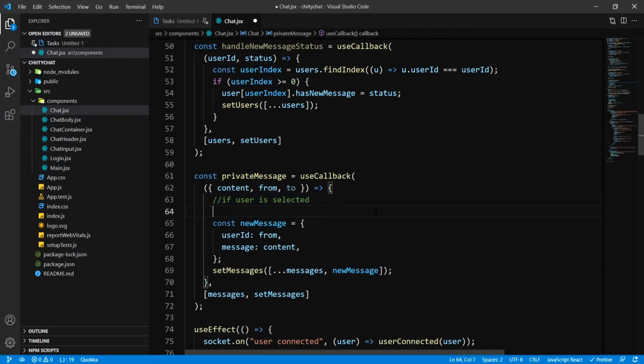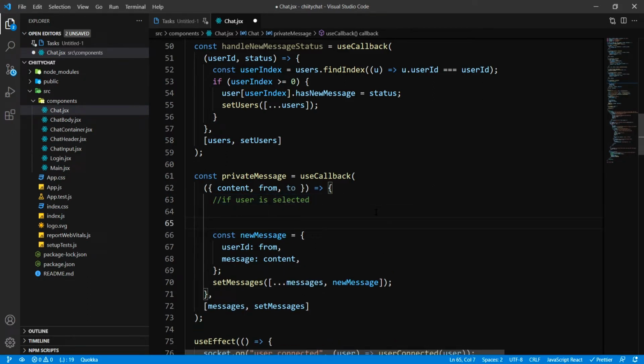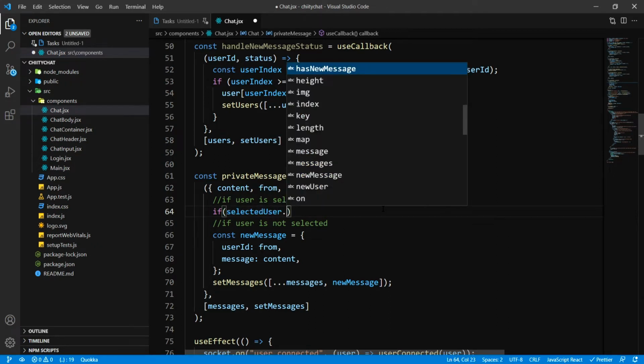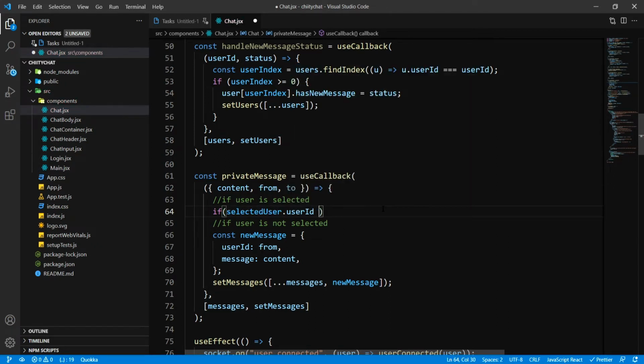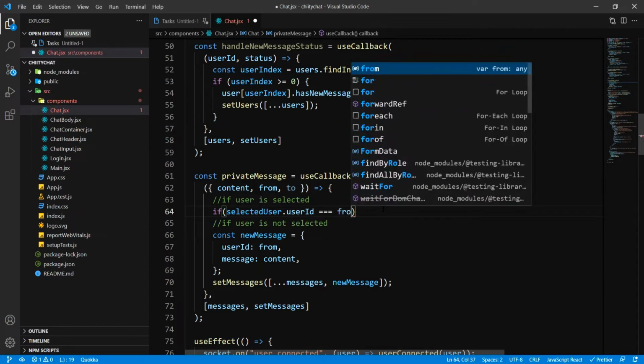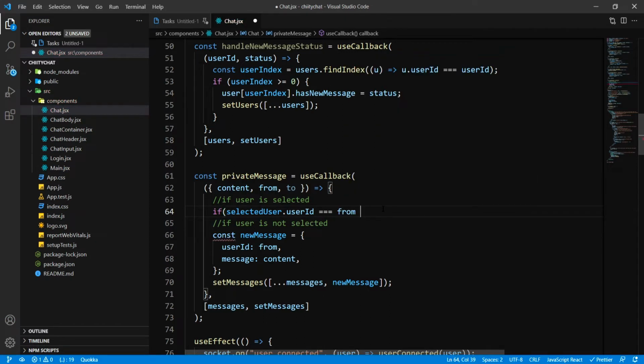And if user is selected and if user is not selected, so here I'm going to write if selectedUser.userID equals from. Then